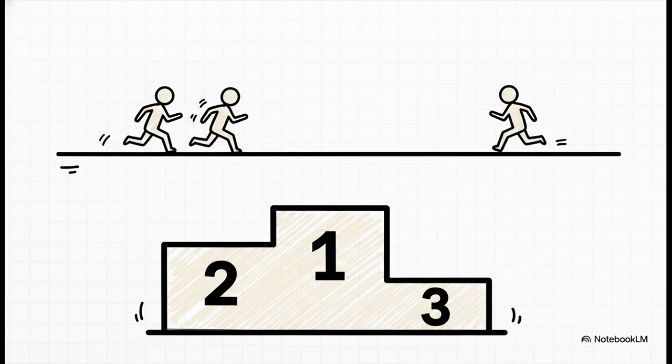Next, we step up to the ordinal scale. Picture the finish line of a marathon. Ordinal data tells us exactly who came in first, second, or third. We establish a clear rank. But crucially, it doesn't tell us by how much the first runner beat the second runner. The distance between first and second place could be 2 seconds, or it could be 2 entire hours. We have order, sure, but absolutely no precise distance.